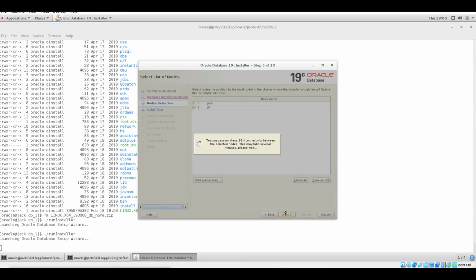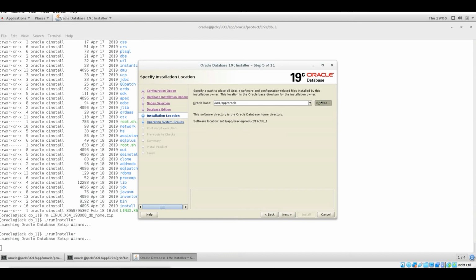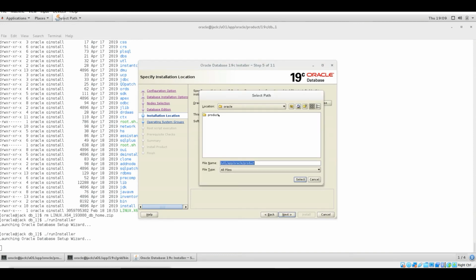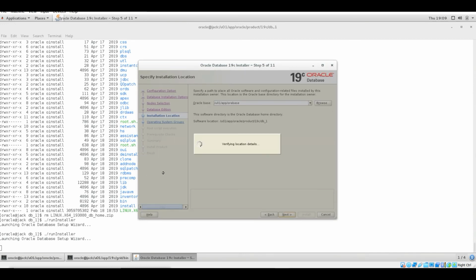It will check for the SSH connectivity and all. Let me proceed with the Enterprise Edition and change the Oracle base. My Oracle home is this. It is retrieving the cluster information, and here also I'll be giving the operating system groups as oinstall.